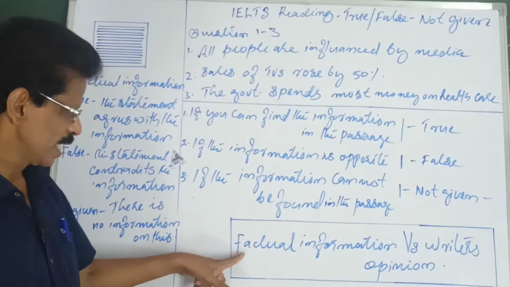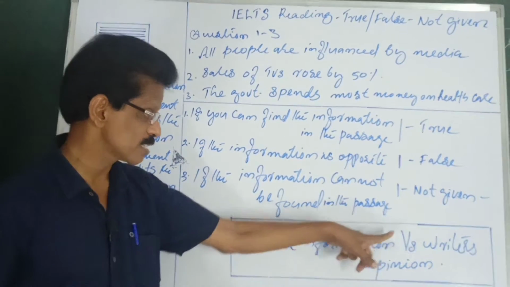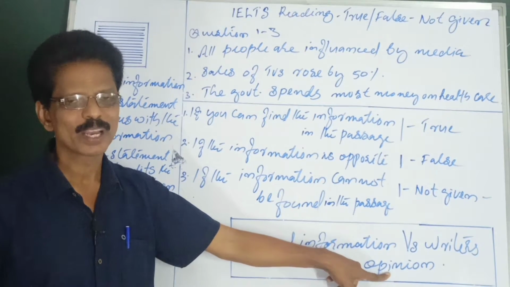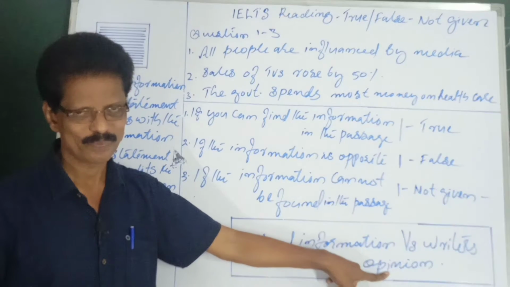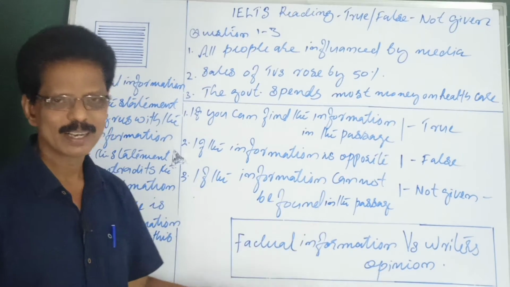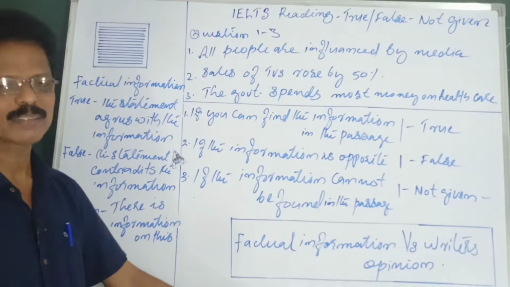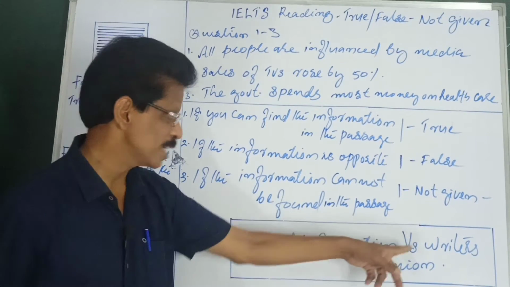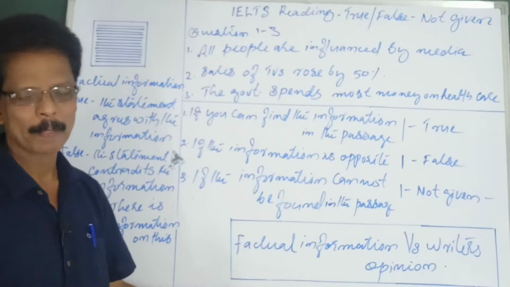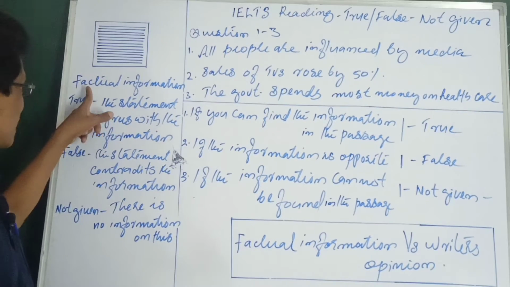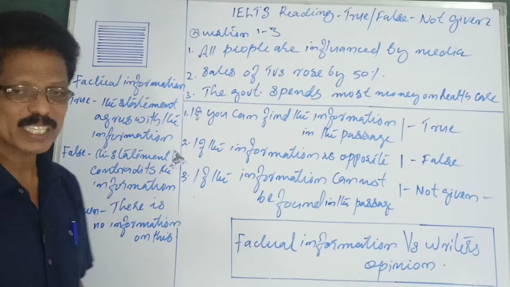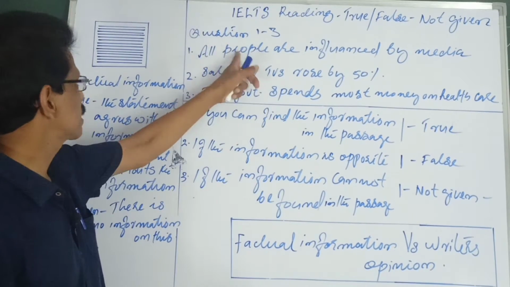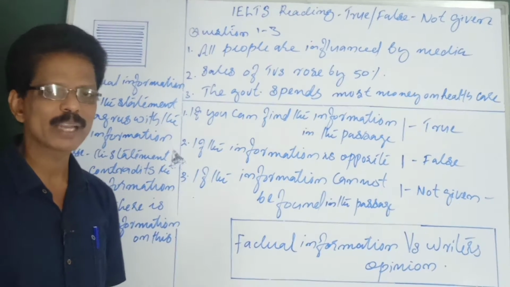For example, it is factual information versus writer's opinion. Writer's opinion, we will see in yes or no questions. We will see what the author means by the sentence. That is the way you have to answer the yes or no questions that you are going to see after this. Here it is factual information. What is a fact? If you can find this information in the passage, then your answer will be